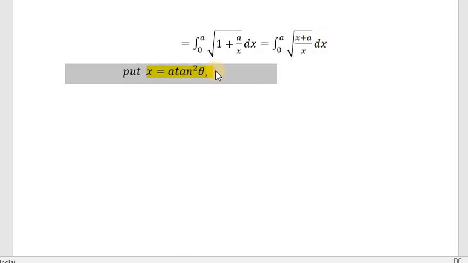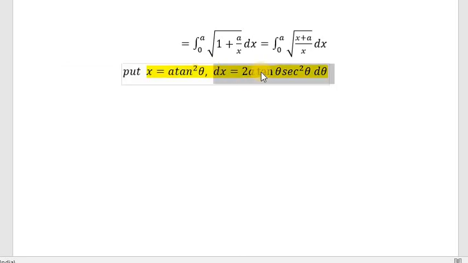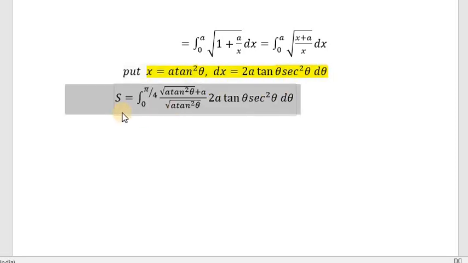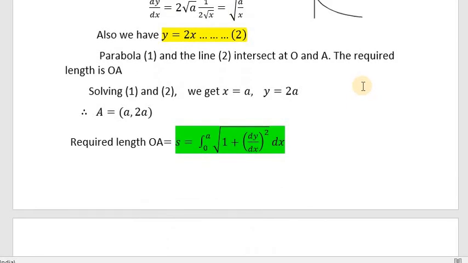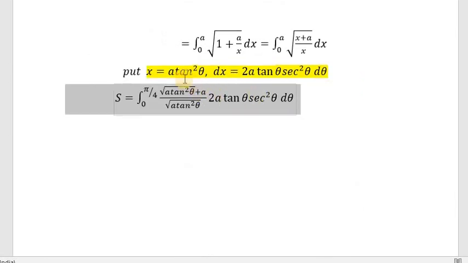So let us take x is equal to a tan square theta. When x is equal to a tan square theta, dx is equal to 2a tan theta secant square theta d theta. We have substituted that. So that is dx is equal to 2a tan theta secant square theta d theta. Then s is equal to integral 0 to pi by 4, because in this equation we have taken the substitution